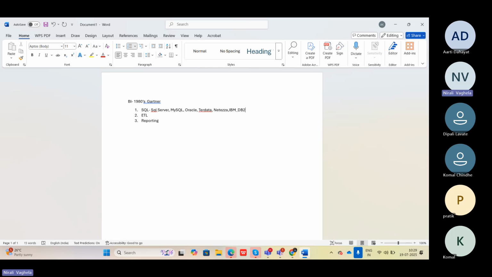Then we have Snowflake, which is a cloud-based database, and AWS Redshift, again a cloud-based database. Then we have Azure SQL Server. These are just a few names I have taken, but there are n number of databases available in the market.